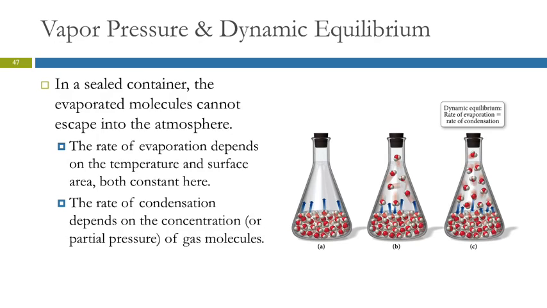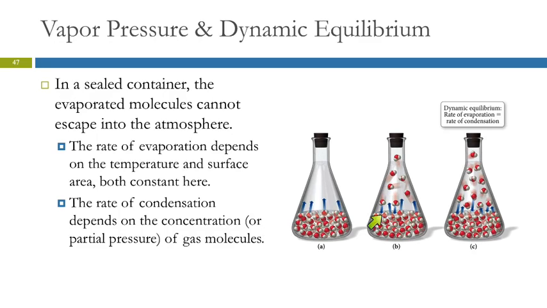Well, you talked about an open beaker. What if the container is closed? So here we have an Erlenmeyer flask with a stopper in it. So the water begins to evaporate. As it evaporates, we get more and more water molecules in the gas state. They do what gas molecules do, and they bounce around in a straight line until they run into things, and then they bounce.